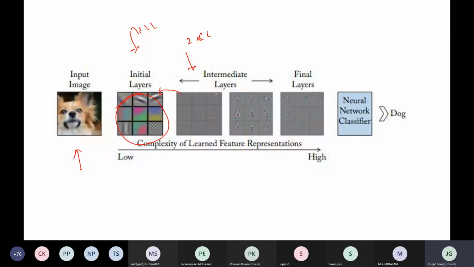So you can extend the depth. Finally you will represent the features of the dog with some minimum features, maybe 9 features. With the help of these 9 features you are able to predict the dog.